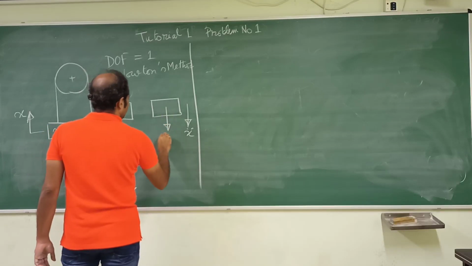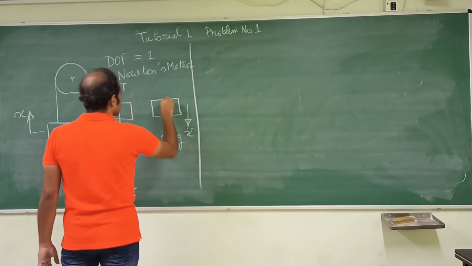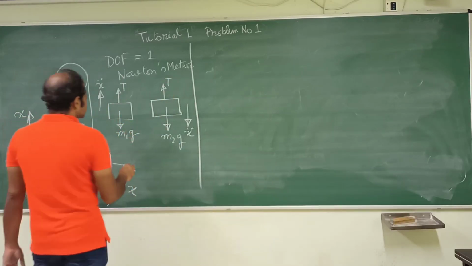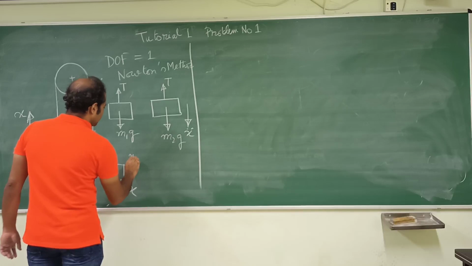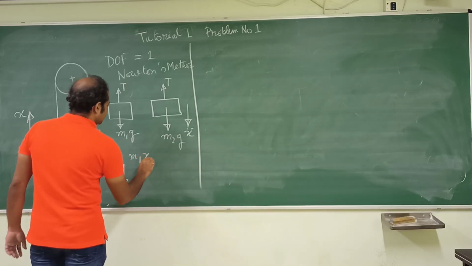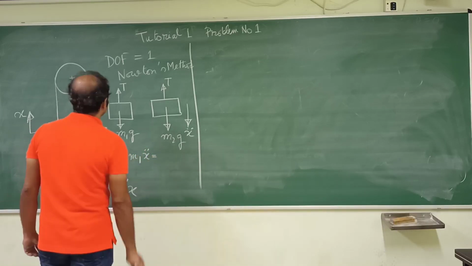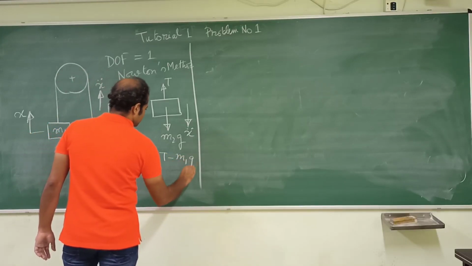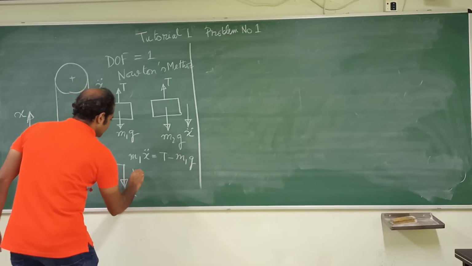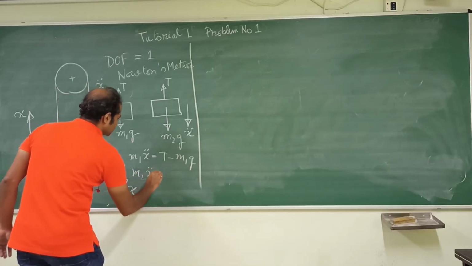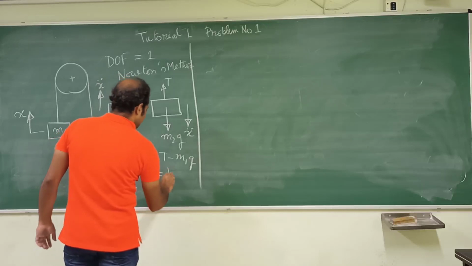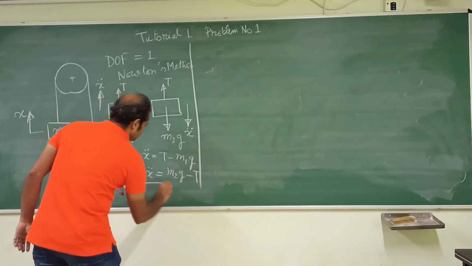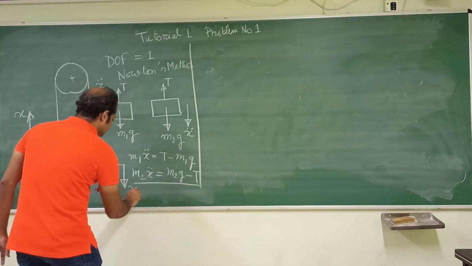This is going to be M2G, and over here the tension T. So the first equation is going to be M1 x double dot is equal to T minus M1G, and M2 x double dot is equal to M2G minus T. So what you are going to do is add them up together,